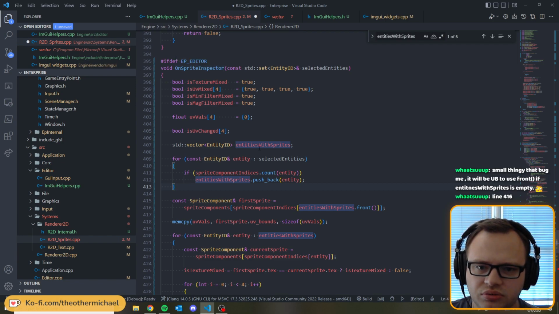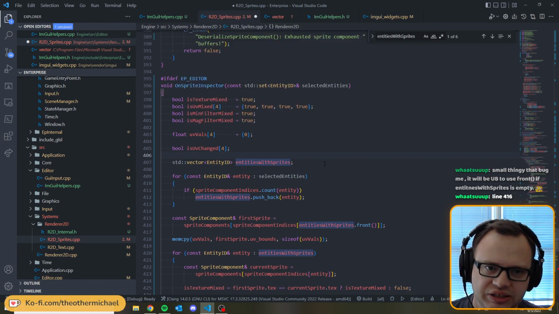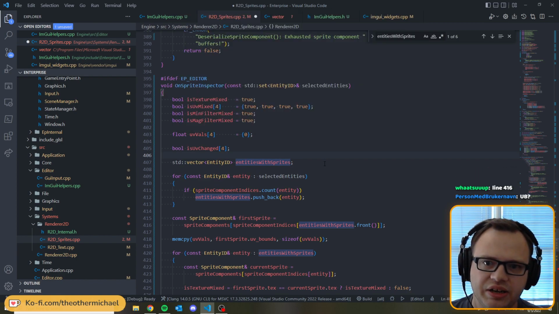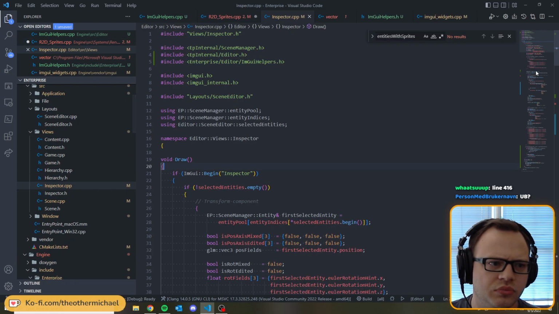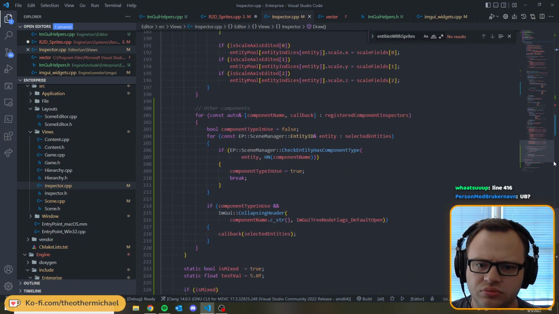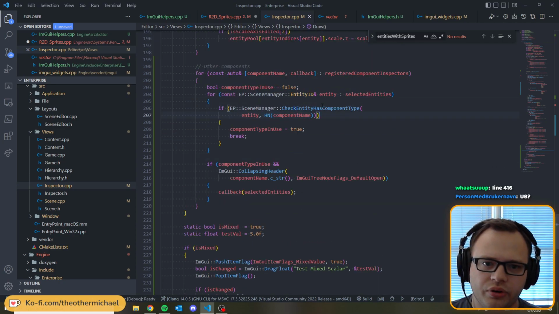But I guess I didn't. Oh wait, no, there was a reason. Yeah, 416, I see it too. There actually is a reason that's not immediately obvious looking at this code why it's guaranteed to have an entity. And that's because in the inspector.cpp, where this actually gets invoked, down here, we do a check for entity has